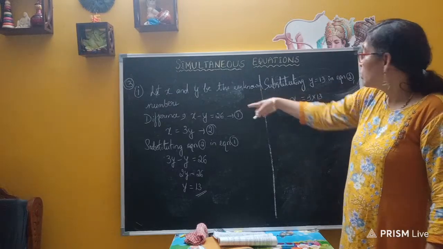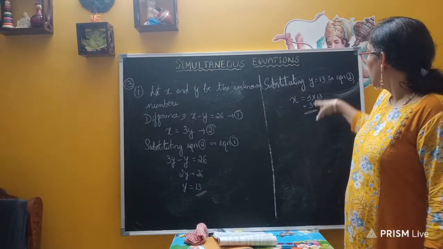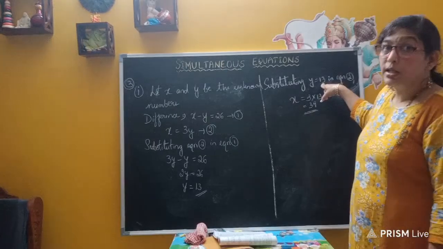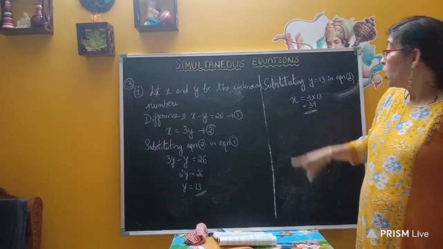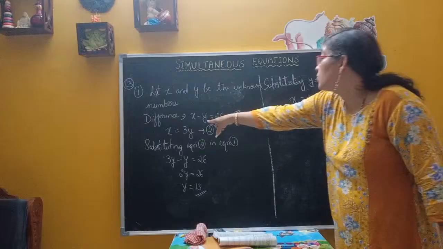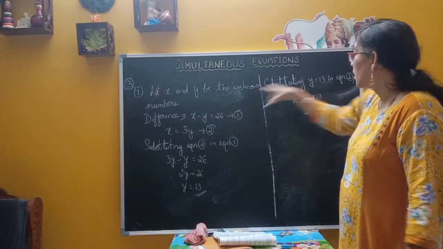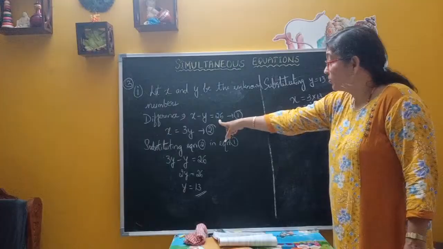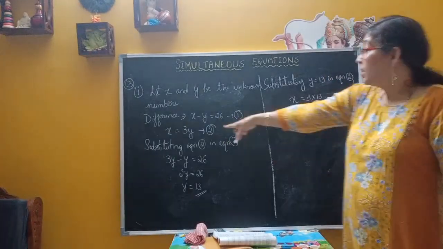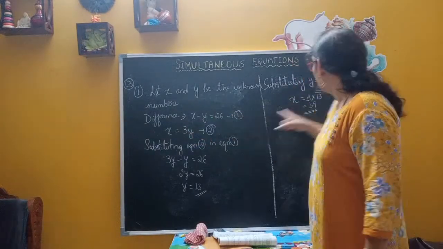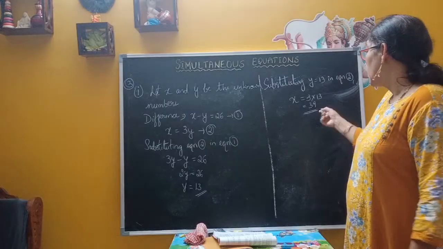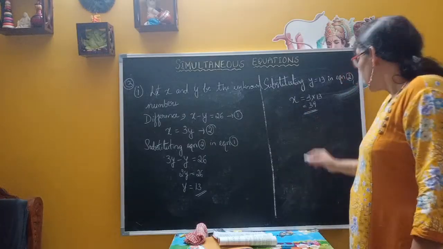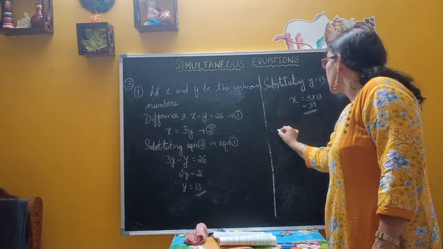So what is the solution? The solution is 39 and 13, the pair of numbers 39 and 13. How do we verify? x minus y is equal to 26. 39 minus 13, find the answer. The difference is 26 only. And here also you can substitute x is equal to 3y, it is 3 times 13. Therefore, write that. Therefore, the solution is